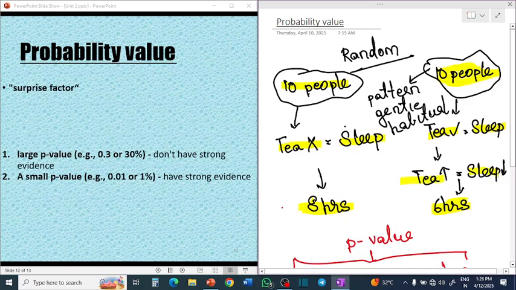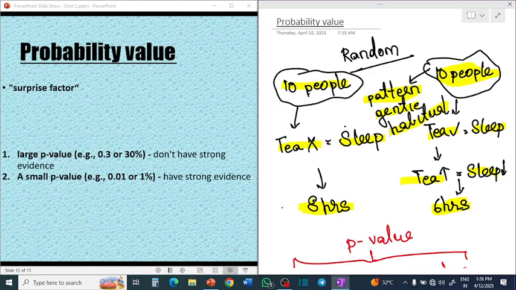But now the probability value, or in research as we know it, the p value comes into place. Now these 10 people that you have selected randomly can have different sleeping patterns, or their genetic constitution can be different for which they sleep less, or they can have a habit for which they can sleep less. So all these random factors can be there in your experiment. So to account for all these random factors, a p-value is taken.